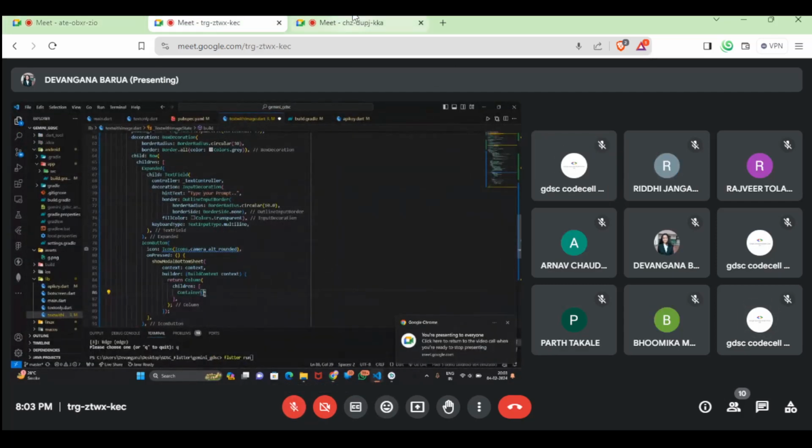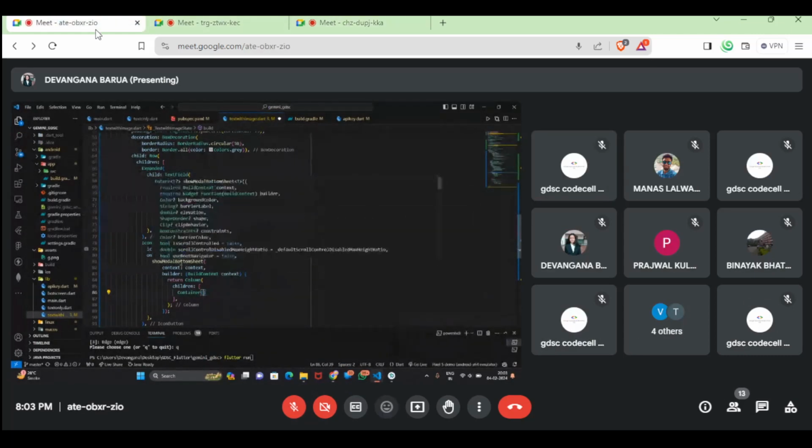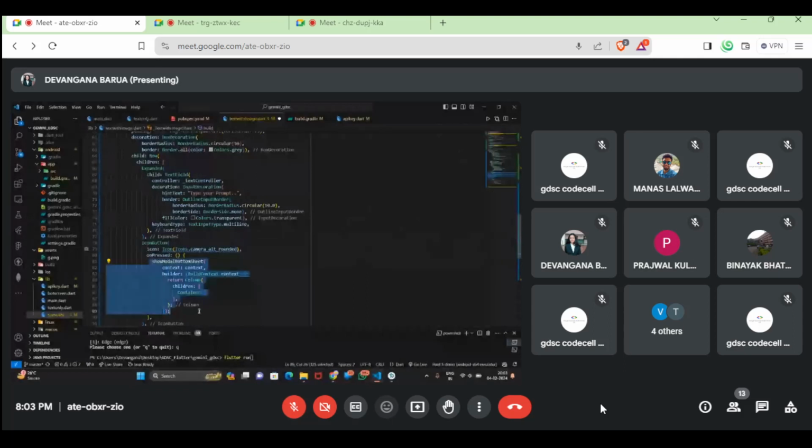Thank you. Okay. So what this show model is basically going to do is present your camera inside a container. That container is going to slide in from the bottom of the screen. So far, what we did, we initialized the show model widget, and that is going to take a context and a builder property. Inside the builder property, we are returning a column. So in that column, we have the first child as container,